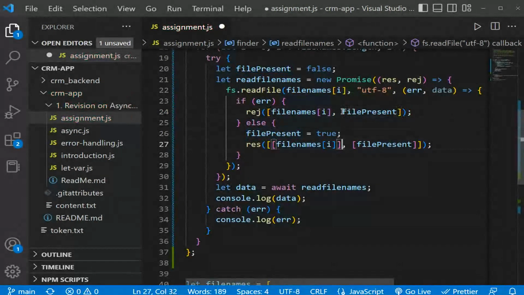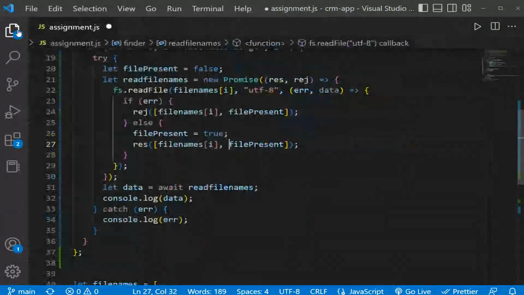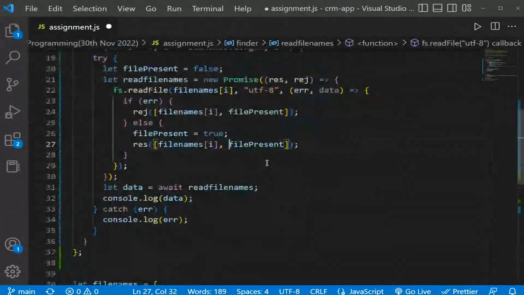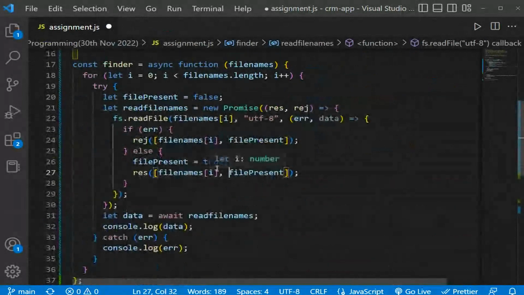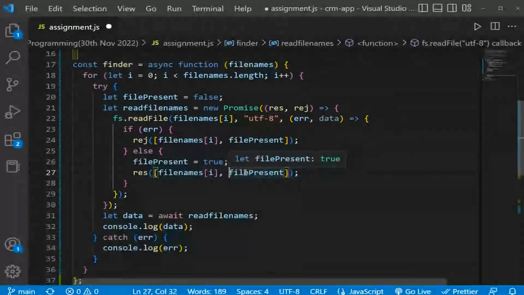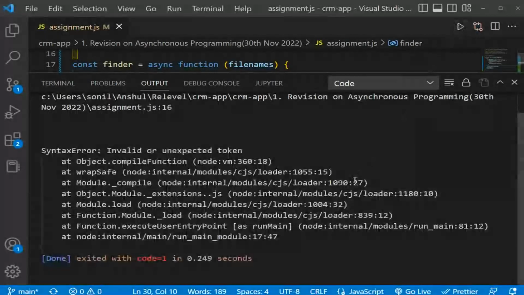This will also work, I'm guessing. I think it will work. So this is not needed as such. Okay, so stop this. Right now this is fine, and this is the file names. Now for each file name, I'll have the name, whether it is truly present in the set or not. So I'll just save it, and I'm going to run this.